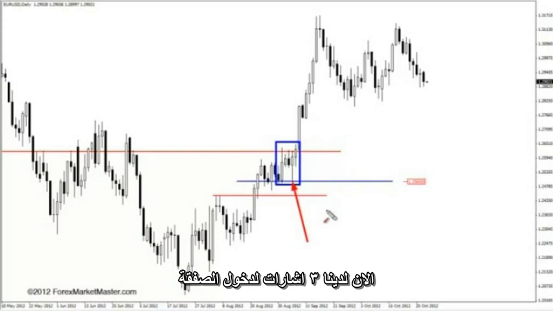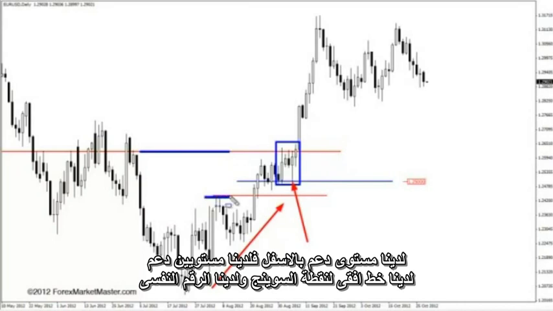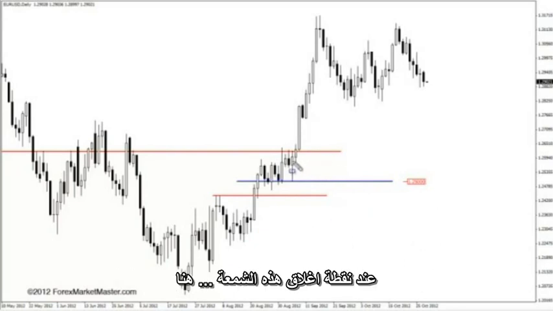So now we have our three confluent indications. We have trend as up, we have a resistance line that is above, we have a support line below, we have two levels of support, we have this red horizontal of a swing point, and we have our round number. So if we wanted to get into this trade, what we would want to do is, of course, place a trade at the close of this candle right here,